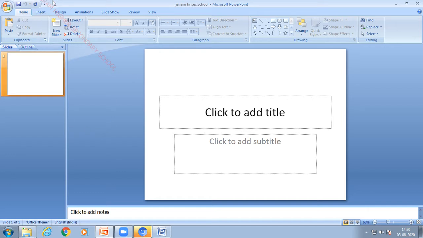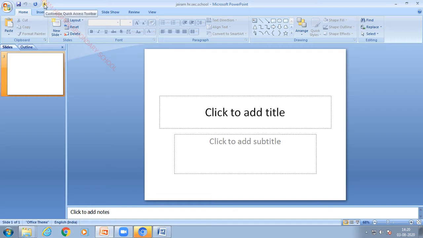In this top left corner you will be having a quick access toolbar. As the name itself suggests, frequently accessed commands are available in this quick access toolbar. And also you can add any new menus in this quick access toolbar to access them very fast. So let us see how to add menus in this quick access toolbar.